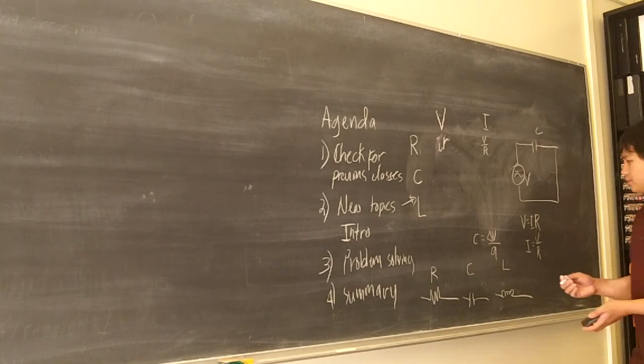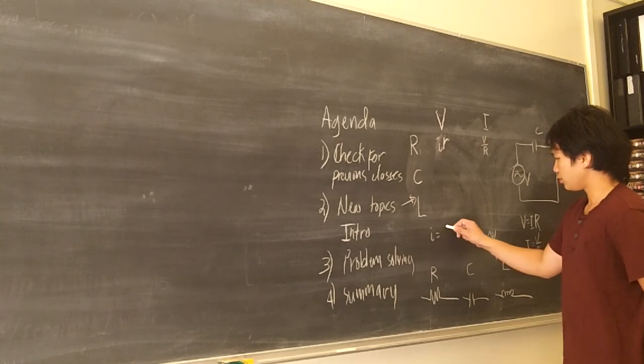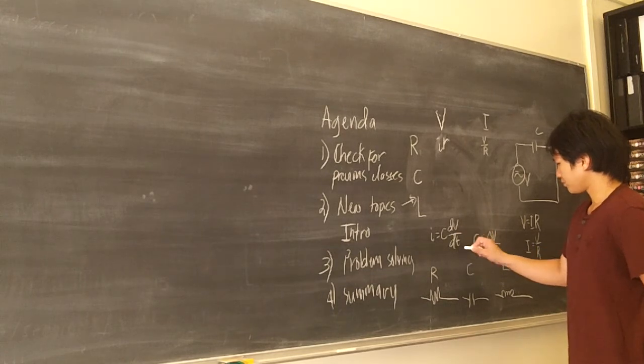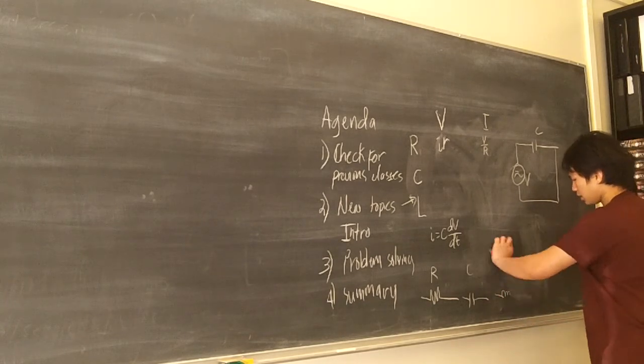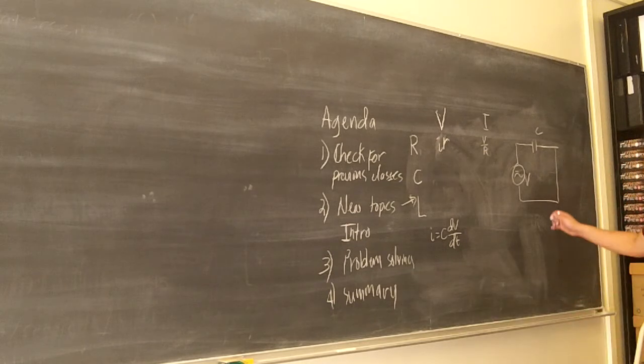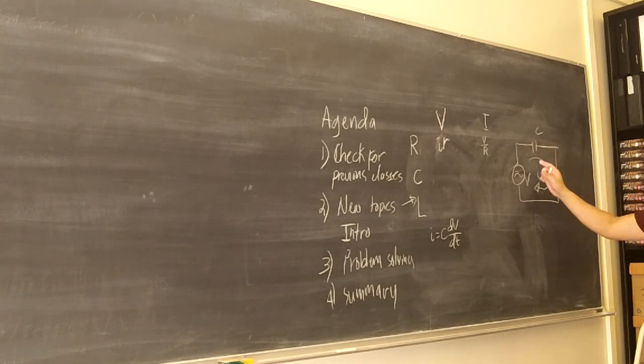I'm not sure, but have you heard of I is equal to C times dV over dt? No, but I understand that one. Okay, so that is how you get the current across the capacitor. For example, you have this loop and you have I. The current in this capacitor is equal to C times dV over dt.